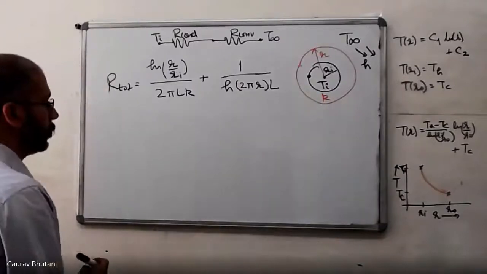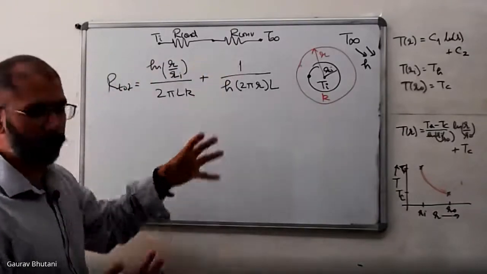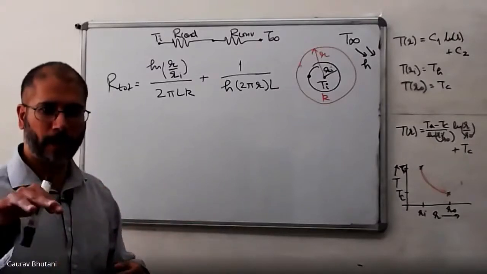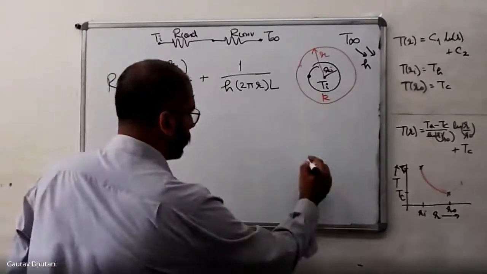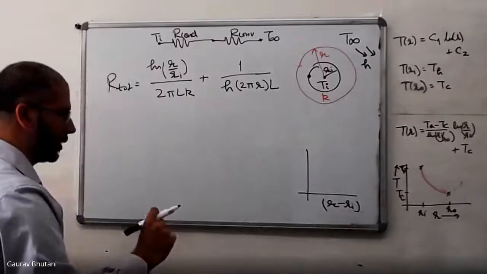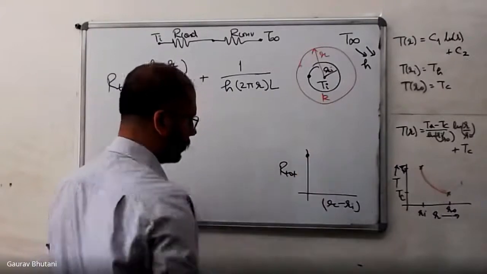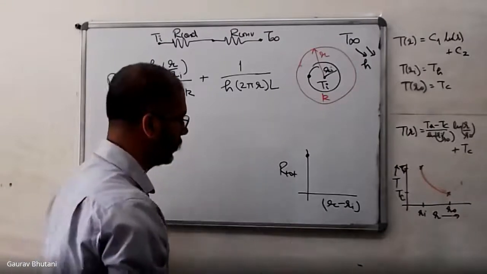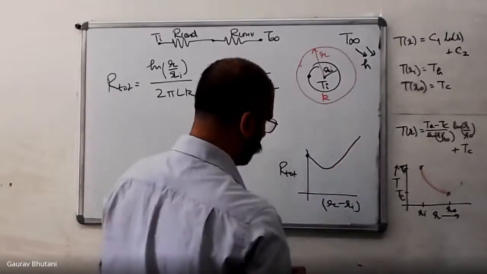So in fact, we'll intuitively think that when you add something, you slightly increase this, you slightly decrease this. So it may happen that you end up reducing the resistance, and so you will have a sweet spot where things will go really bad and then they will start increasing. So what I mean is that here you have your R minus Ri, that is the coating thickness, and here you have your R total. Initially you had some resistance, which was only the convection resistance when your coating had zero thickness. Then it will go down and then it will start increasing again. So this is my hypothesis.